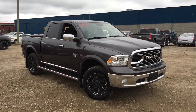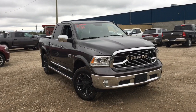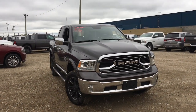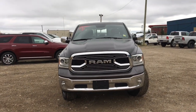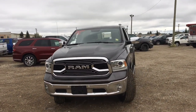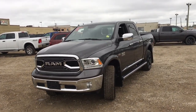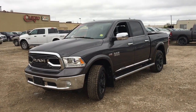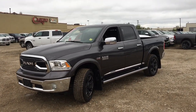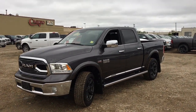And from the used car superstore is this 2017 Ram 1500 Limited in Granite Crystal Metallic Paint, powered by the Hemi 5.7 liter V8 engine underneath the hood. This is a crew cab configuration truck with the 5-foot box on the back, and this has active level 4-corner air suspension, and it's on its highest setting right now, which is off-road 2, and you can see how high